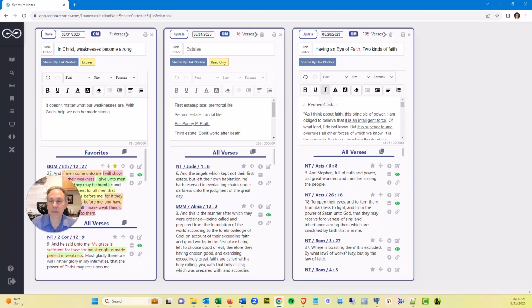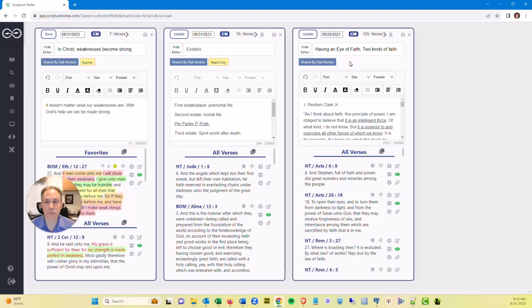Third one that I've saved, okay, and this one is saved to my collection, but it's read-only. You can see I don't have a share icon on these after I've saved them because it was shared from someone else. So that person that shared it out would need to share it with other people if somebody wanted access to that note. At least that's how this functions presently, and I'm open to suggestions if you have other ideas.